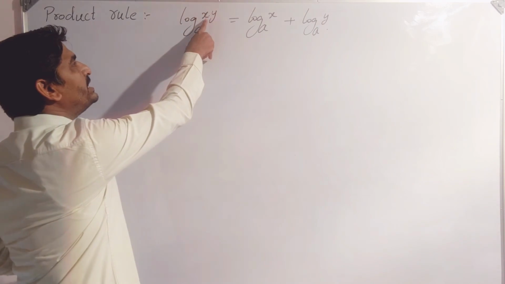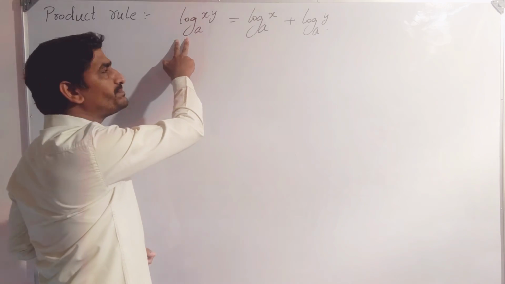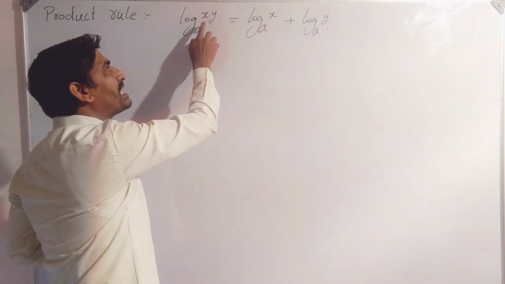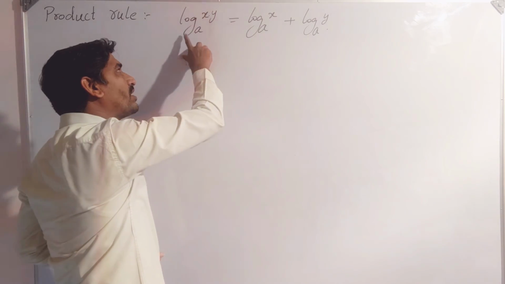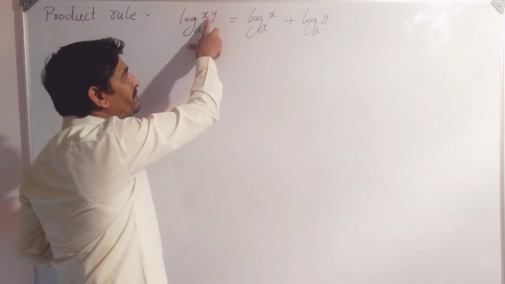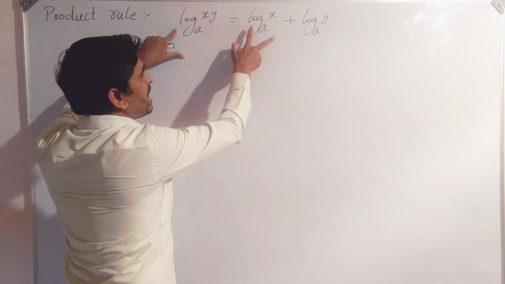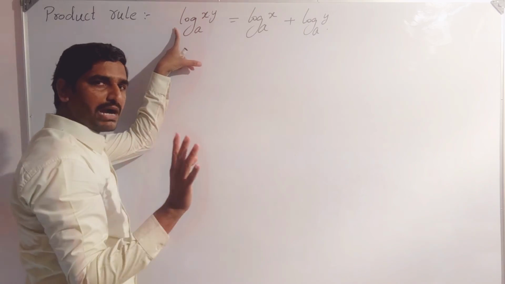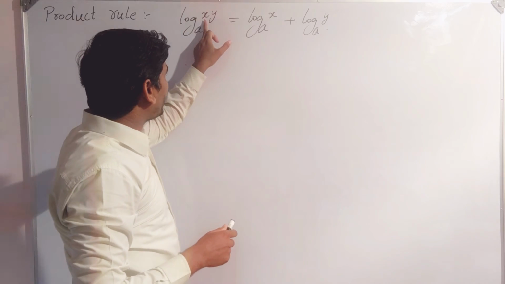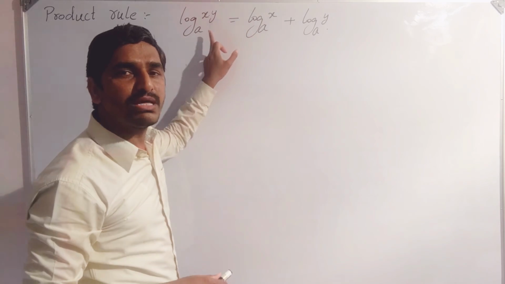See, this is: into becomes plus. Whenever logarithm is applied to x as well as y, logarithm x, logarithm y, for applying to two variables, the multiplication in the middle becomes a plus. Logarithm to the base a is common. In the multiplication, it becomes a plus in the result. Logarithm of x to the base a plus logarithm of y to the base a.